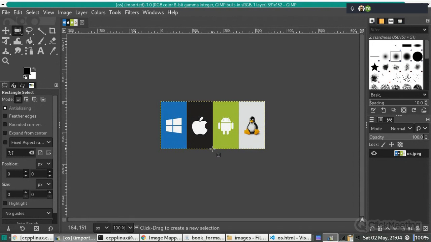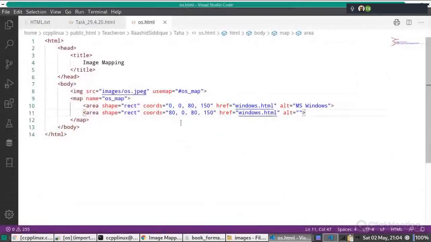It is 164 and 151. हाँ. So we can say 165 and 150, something like this. 165 from the left है ना? हमेशा x और y है ना, वो x and y. हाँ हमेशा एक्स वाई होगा, हमेशा पहले लेफ्ट देन टॉप. Yeah. But this is important. How many pixels from the left side and how many pixels from the top? हाँ ठीक है. So 165 and 150. So here we can write 165 and 150.